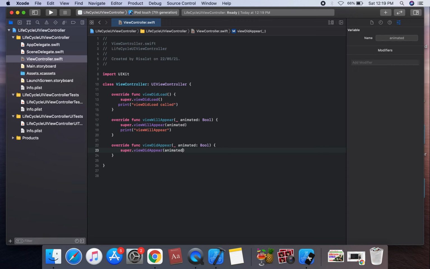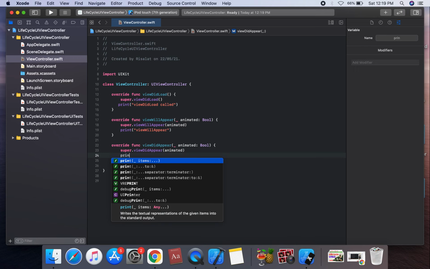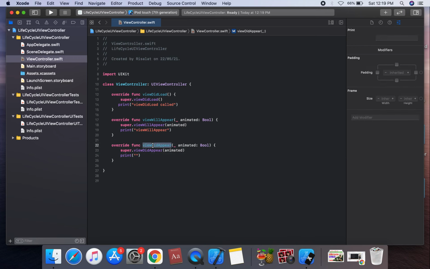It is not usually a good idea to flash things to the screen at this point, as the user will see it. It is called after viewWillAppear, when shown on the screen. We can create a print statement: viewDidAppear.